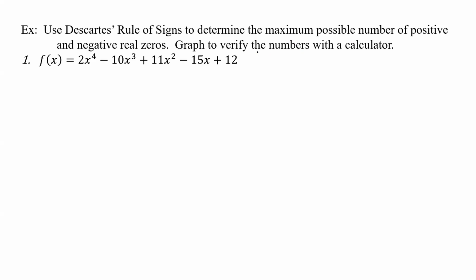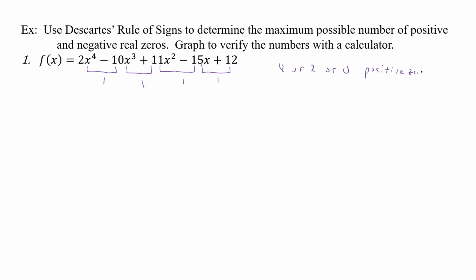But what it wants us to do is graph to verify the number of zeros with a calculator. So we're just going to use a calculator to find those. But first, we're going to find the zeros. So we have 1 change there, 1 change there, 1 change there, and 1 change there. So there's going to be either 4 or 2 or 0